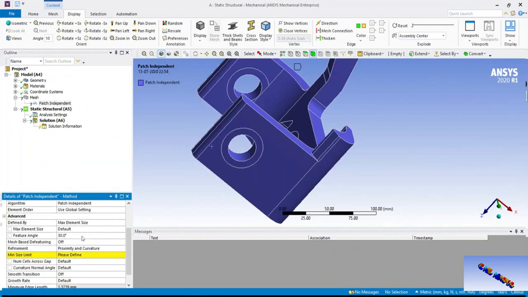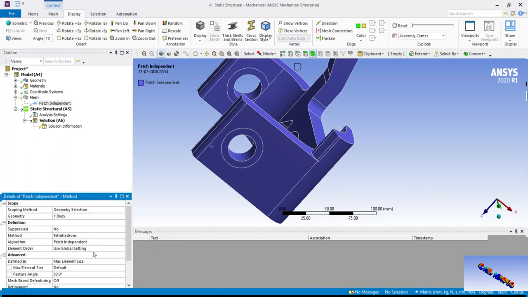Now we will see how to mesh using the patch independent method. There is no difference in the parameters of patch independent and patch conforming methods.